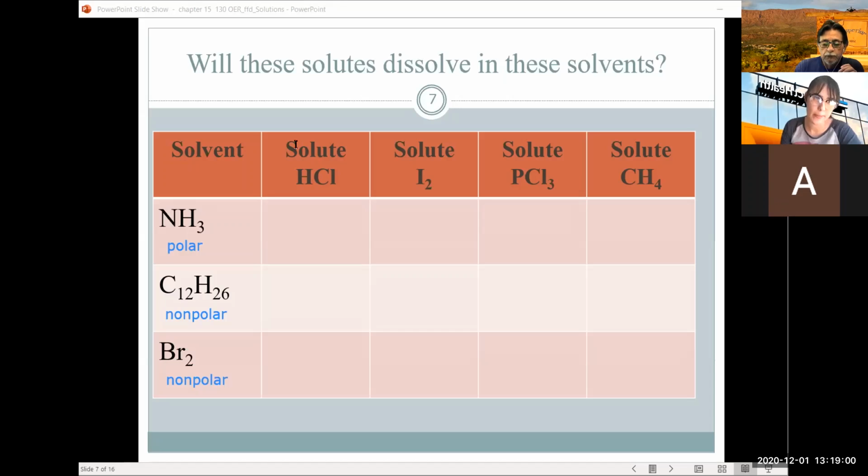It's nonpolar. Try again. Okay, to have a nonpolar bond, remember this: a nonpolar bond will always be a bond between two elements that are the same, all the